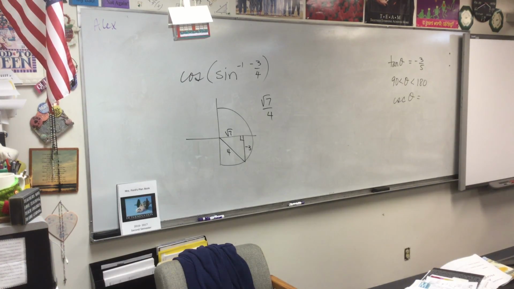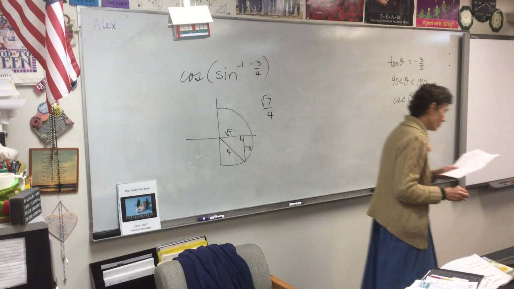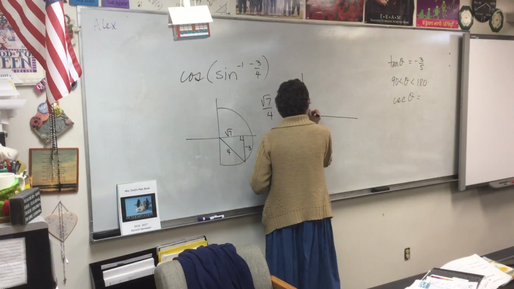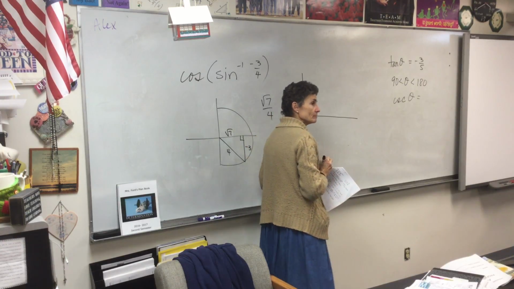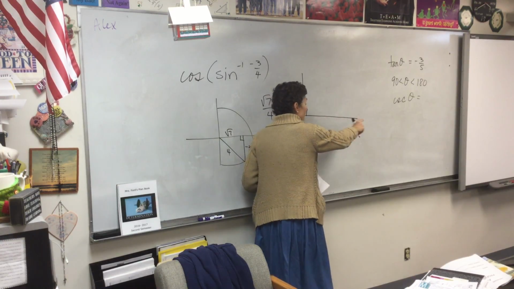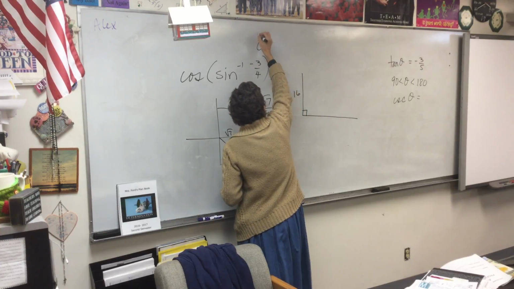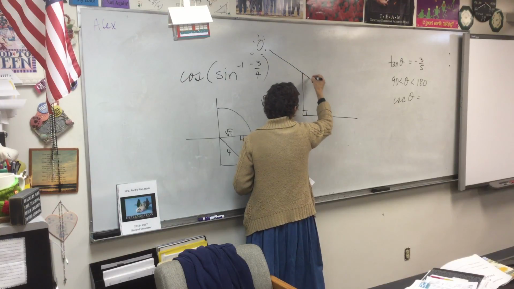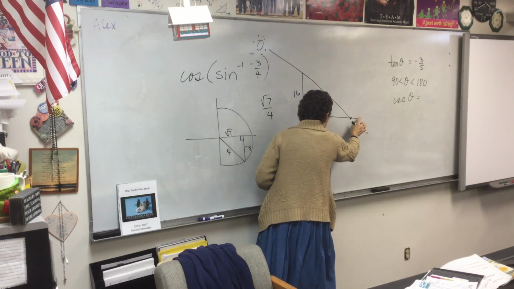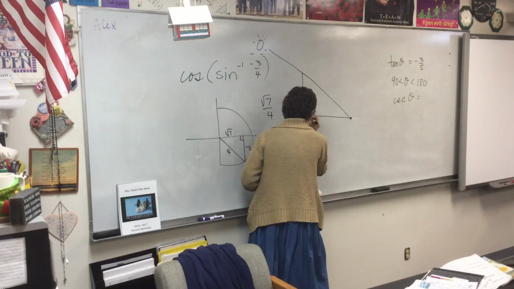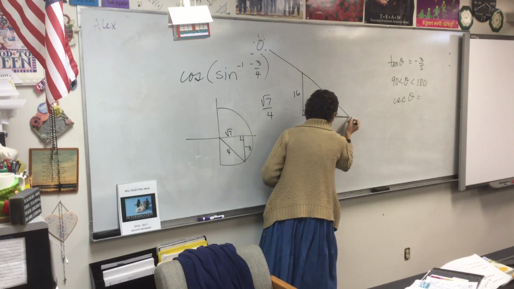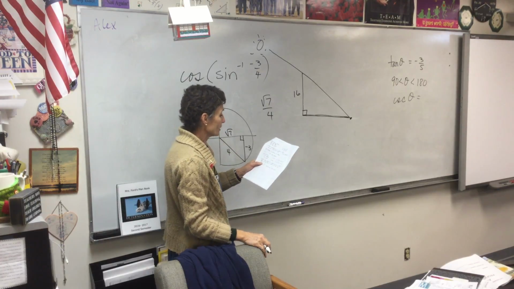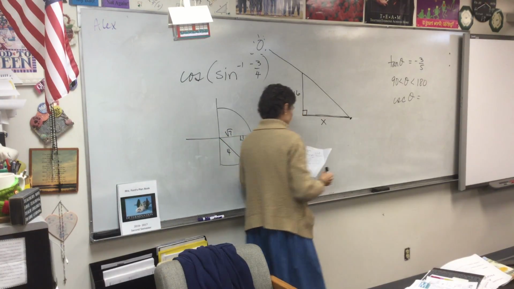All right, number 6. Find the length of a shadow cast by a 16-foot pole. So here's my 16-foot pole. Here's the ground. Sun's up here somewhere, so it's shining down on the pole. And here is the shadow. Would everybody agree this right here is the shadow of the pole? And your job is to find the length of the shadow